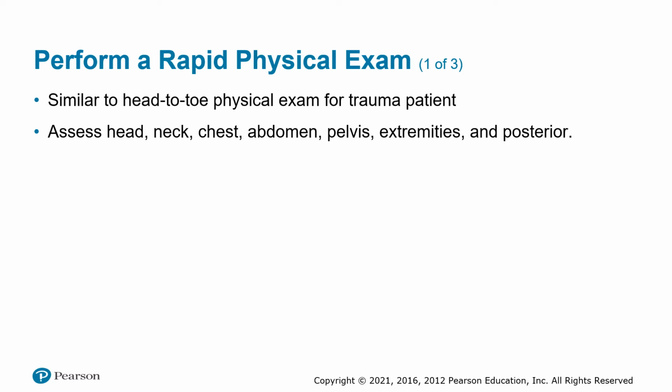When you do a rapid physical exam, it's similar to a head to toe exam for a trauma patient. You're going to assess head, neck, chest, abdomen, pelvis, extremities, and posterior. Basically, you want to put eyes and hands on the patient and see if you can find anything wrong physically